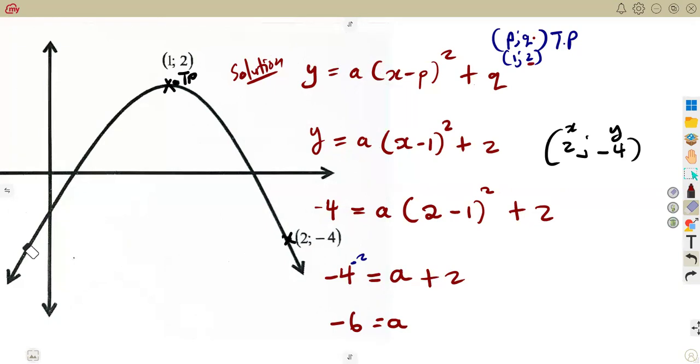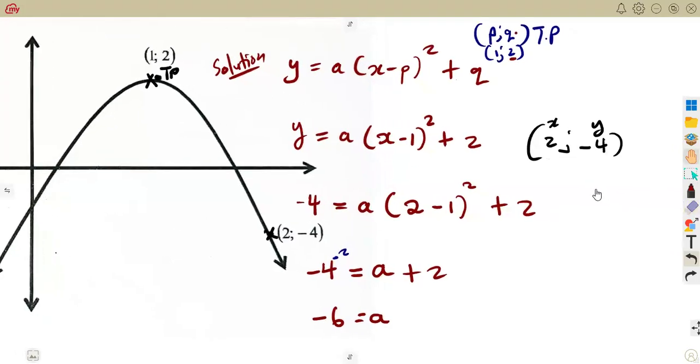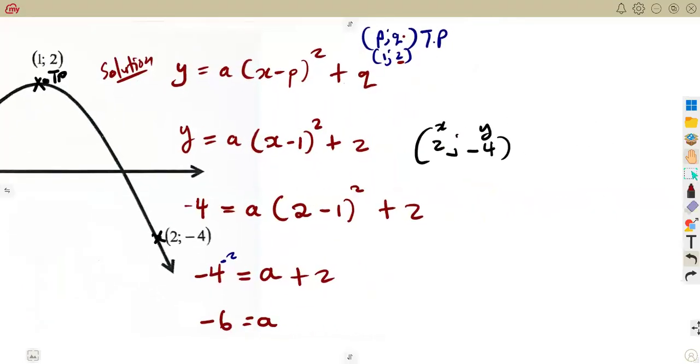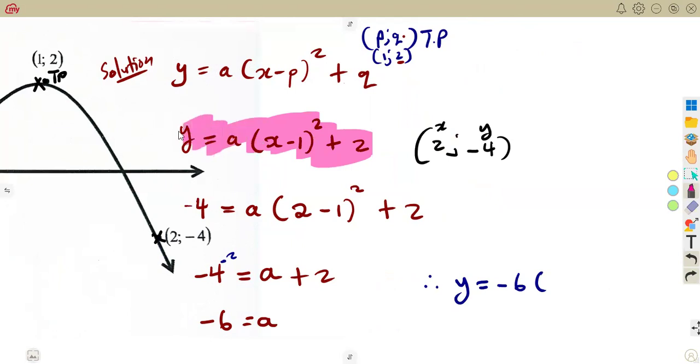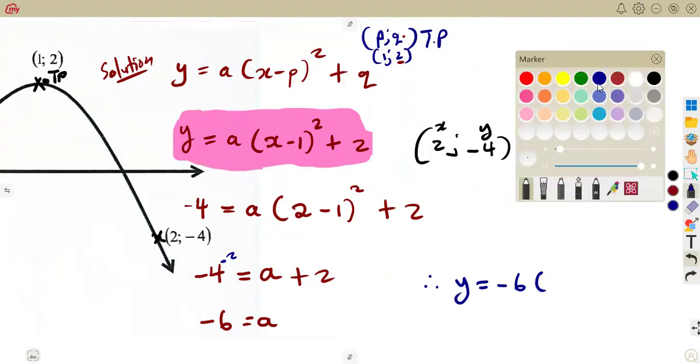So A is equivalent to what? A is negative 6. So meaning to say, in our presentation with this value of A, we can have our equation as y is equal to, in place of A, we substitute there minus 6 into what? All right. So here we are. We're going to substitute here on this part, on this one. Remember, this is where we had the A that was missing. So that is where we are going to substitute the A that we calculated, which is the